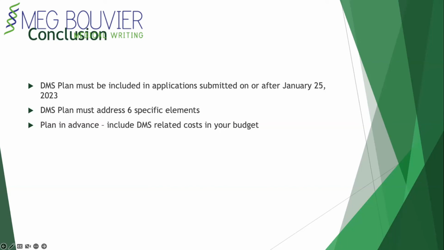So here's another question. For awards given to multiple researchers with different institutions, would the expectation be that one single DMS plan be submitted, or perhaps multiple plans per institution? I have a guess here, but Becky, do you? That wasn't discussed, and I haven't seen it mentioned anywhere. I would suspect if you're submitting an application from each institution, each one should have a DMS plan. I mean, even if they were identical, but.